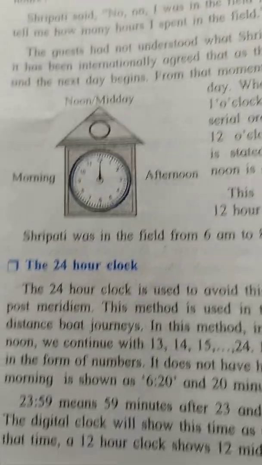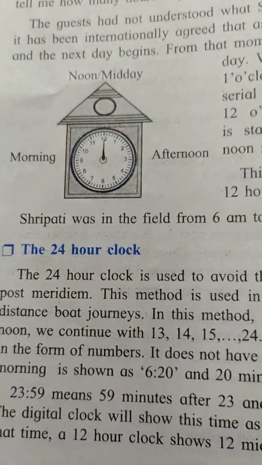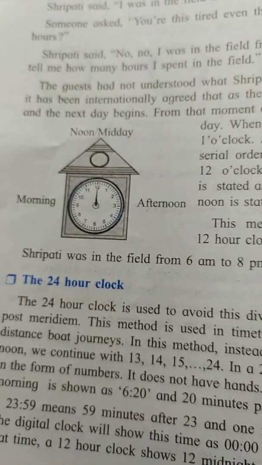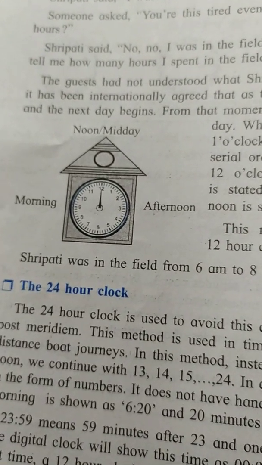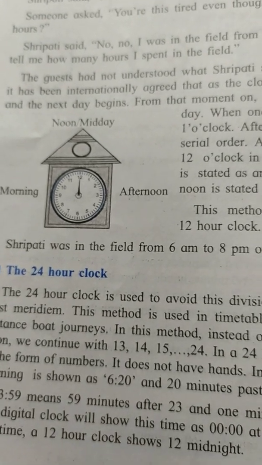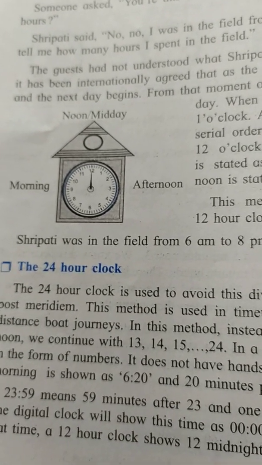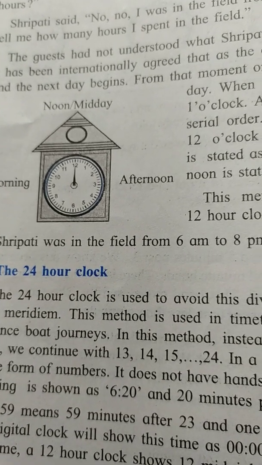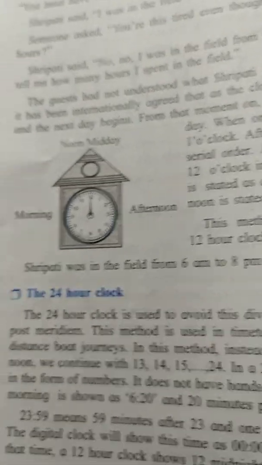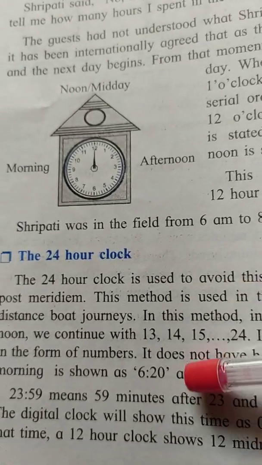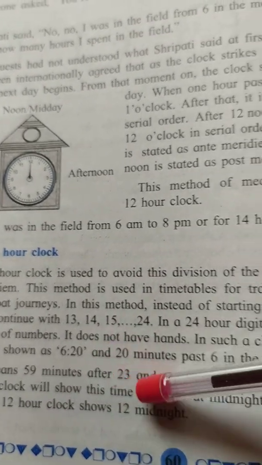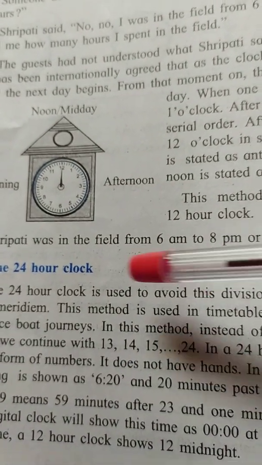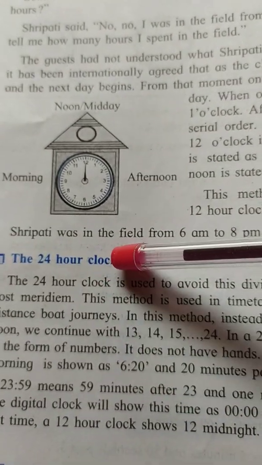Okay. There's something called a 24-hour clock. What the 24-hour clock means is from morning 12, that is midnight 12, to afternoon 12 is the morning clock, that is till 12. After 12, whatever comes, you need to add 13, 14, 15, 16 that way. For example, 6:20, 20 minutes past 6. This is evening 6:20, PM. How will I write this in the 24-hour clock?